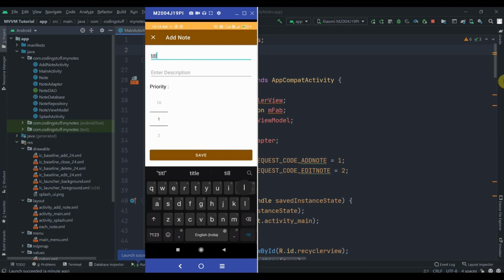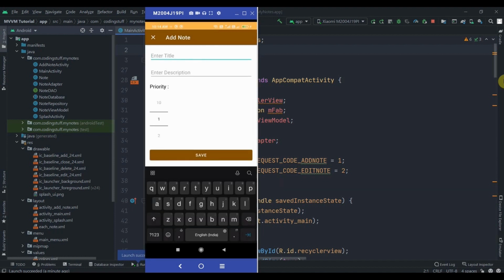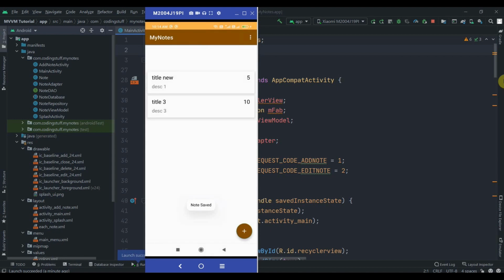So let's say title 2, desc 3, priority will be 10, and save. Again, I'll add another: title 2, desc 2, and I'll set priority as 1.